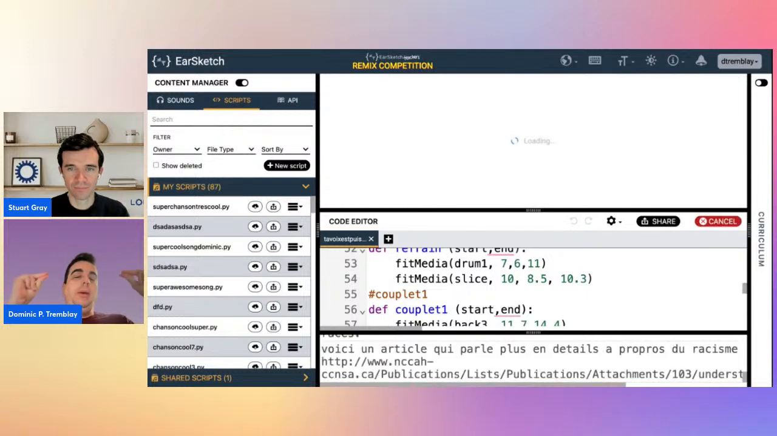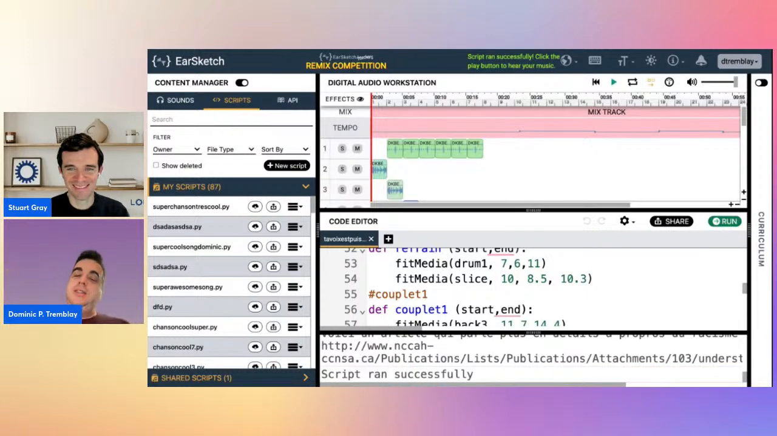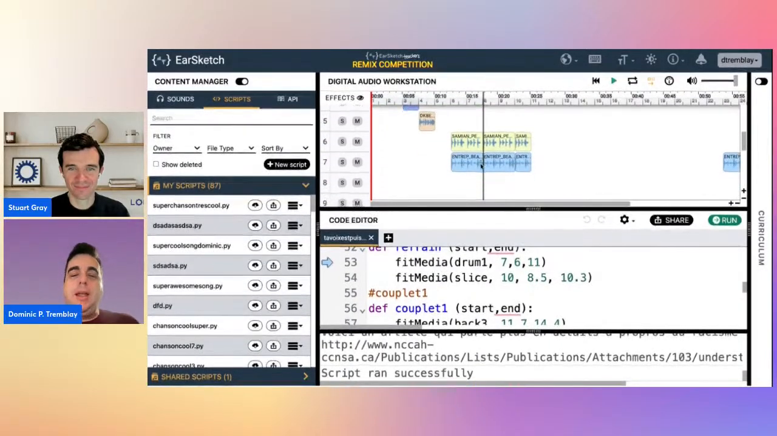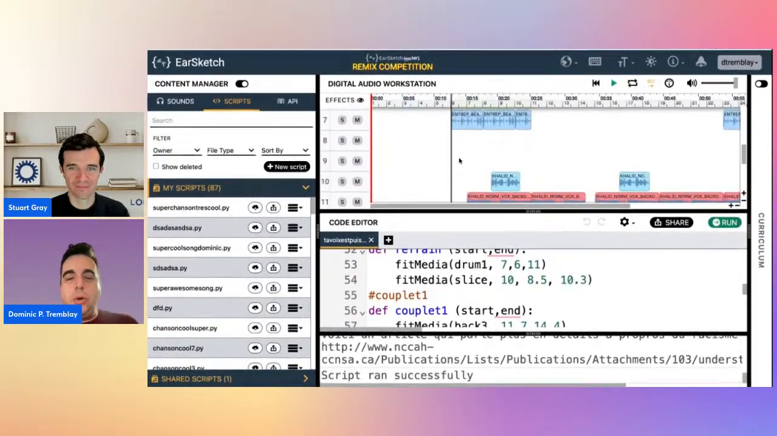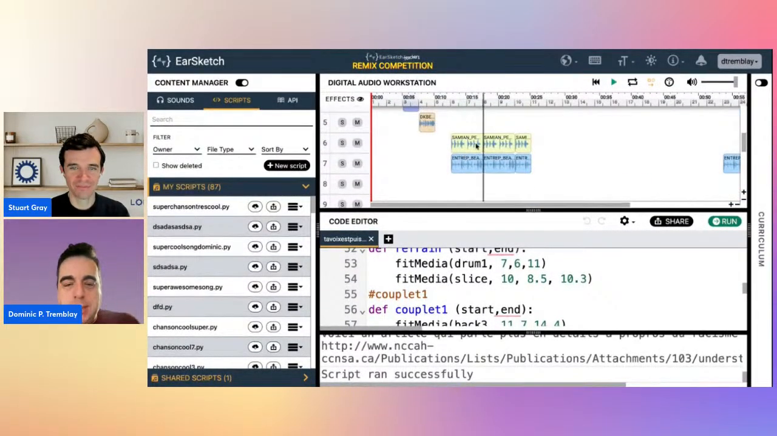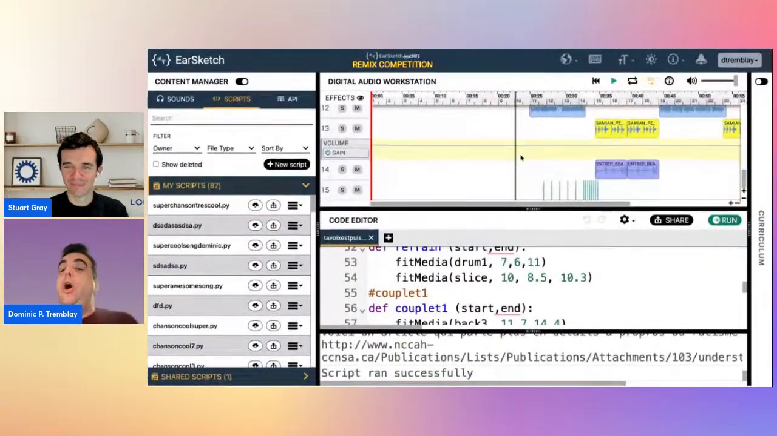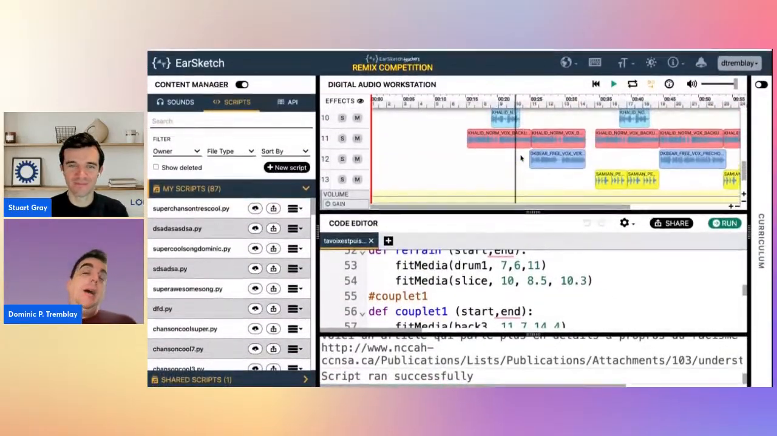1, 2, 3, magic. And there's the code showing up. As you can see, we can see all of the tracks that Miyuki used to create her song. There are some tracks from Samian here and some tracks from Khalid. So you can see all of these tracks. And now if I play it,